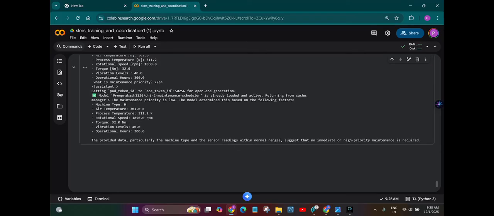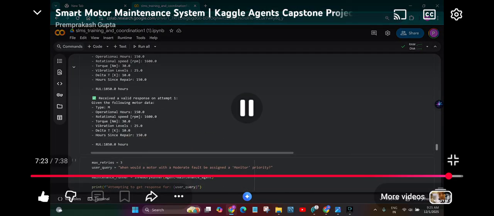So the manager agent is saying that for the particular machine type, sensor data with normal readings suggests no immediate high priority. So this is the project where we can see the working of the